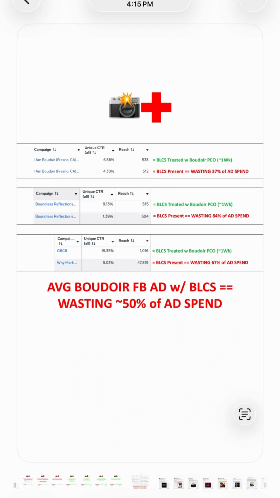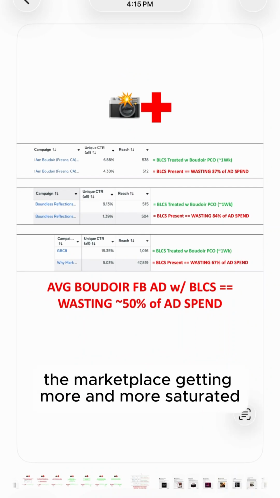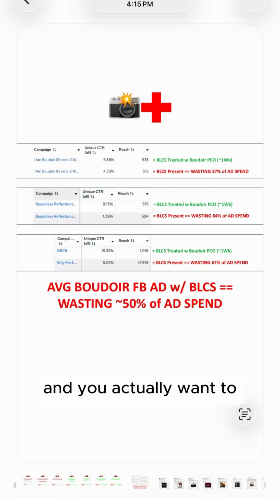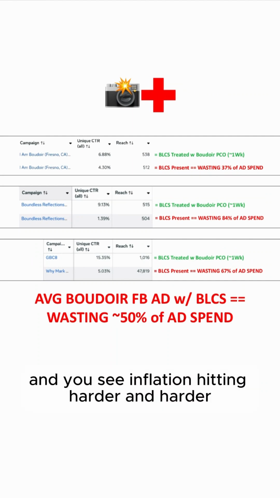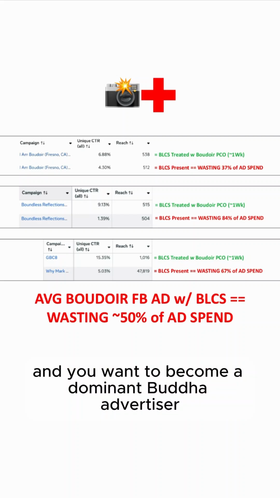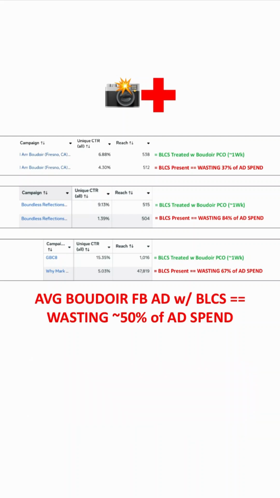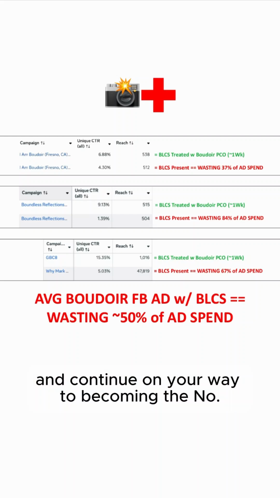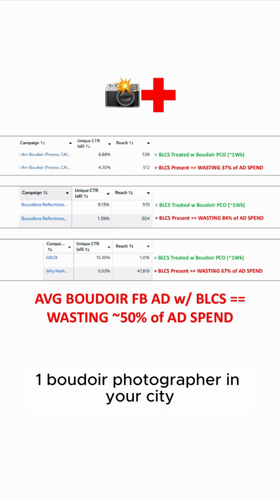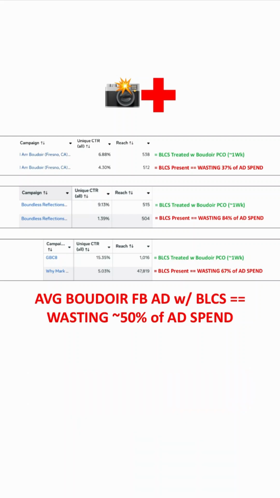And so you see the marketplace getting more and more saturated, and you see inflation hitting harder and harder, and you want to become a dominant boudoir advertiser, achieve pre-click alignment, activate Boudoir Brain Entry Boost, and continue on your way to becoming the #1 boudoir photographer in your city, then